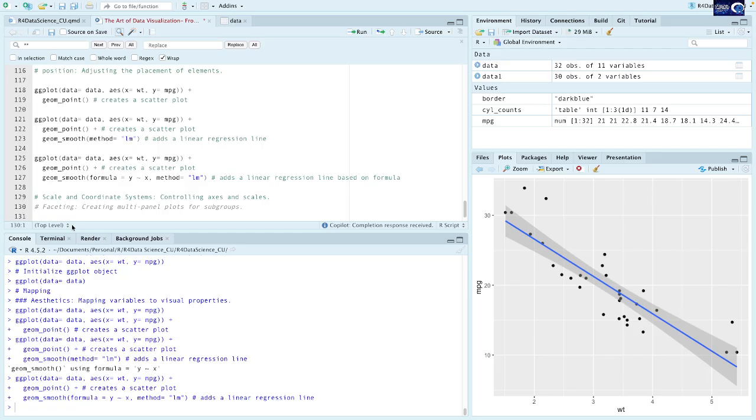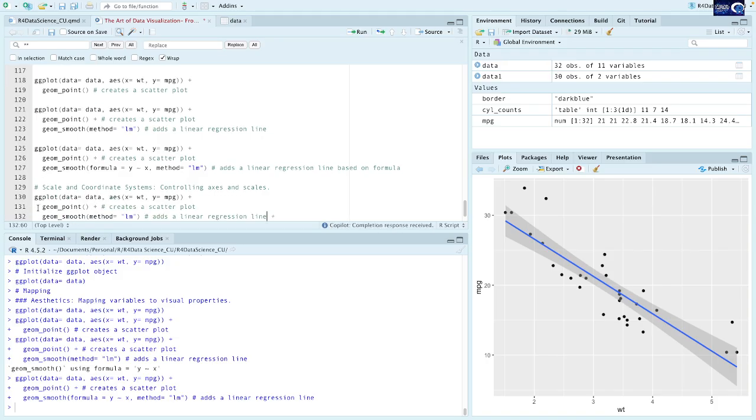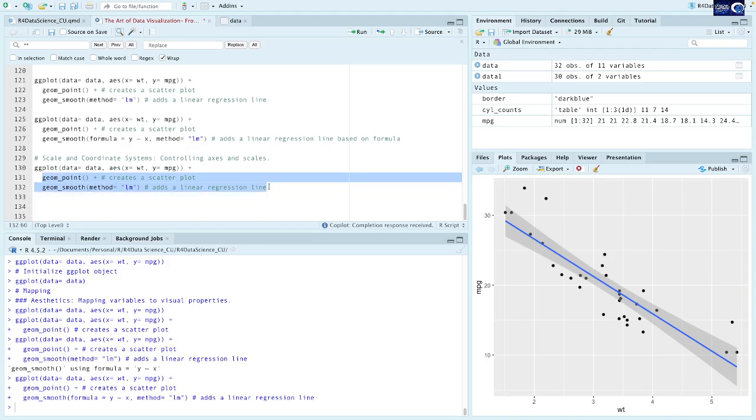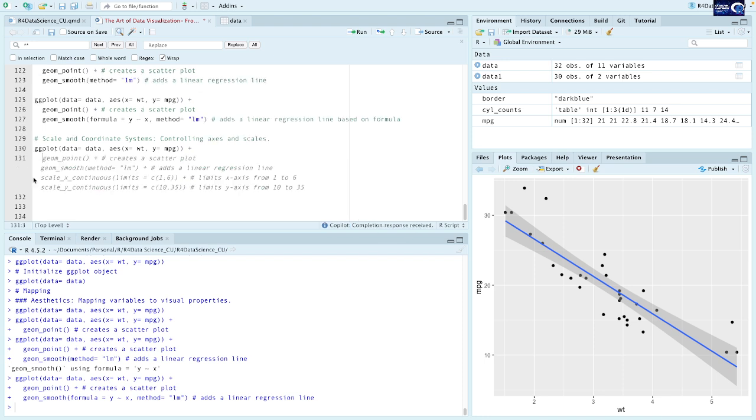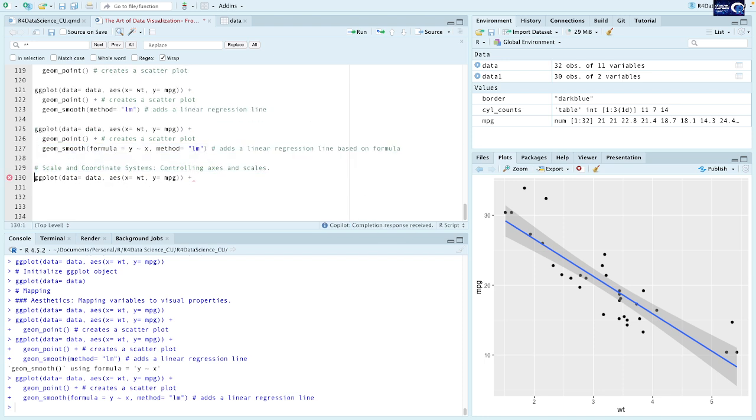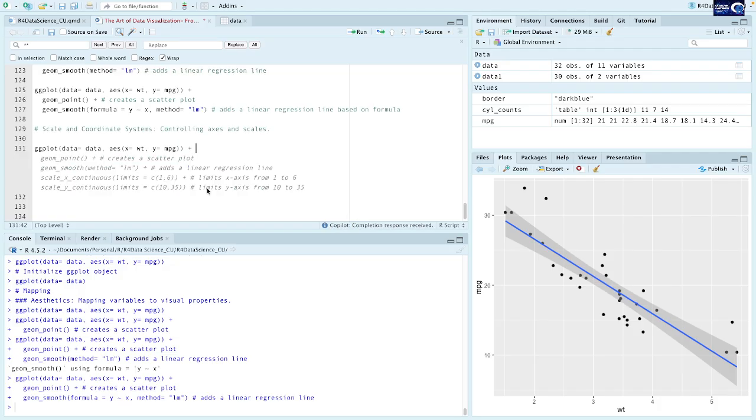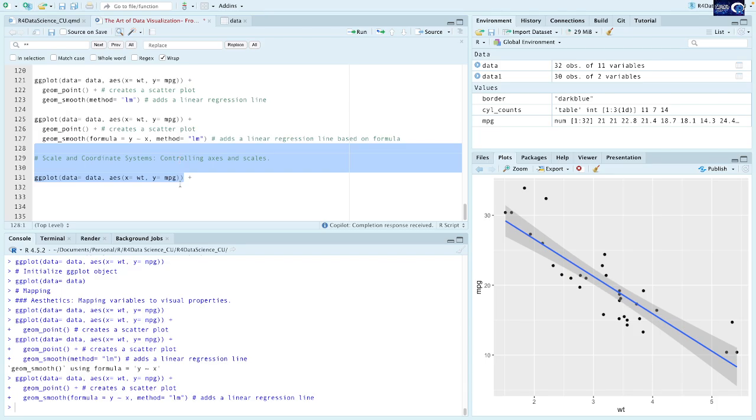First thing is, let me put the same data. I'm putting the same data here, and instead of simply x and y, I'm putting one more thing,